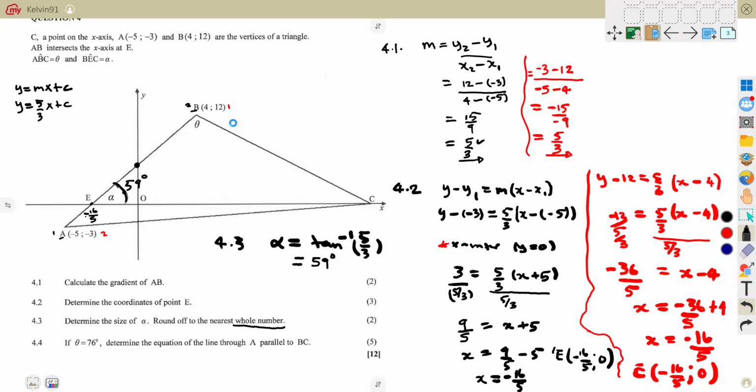In case we have chosen that, so the y is 12 being equal to 5 over 3 times the x, which is 4, plus c. So you are left with c being equal to